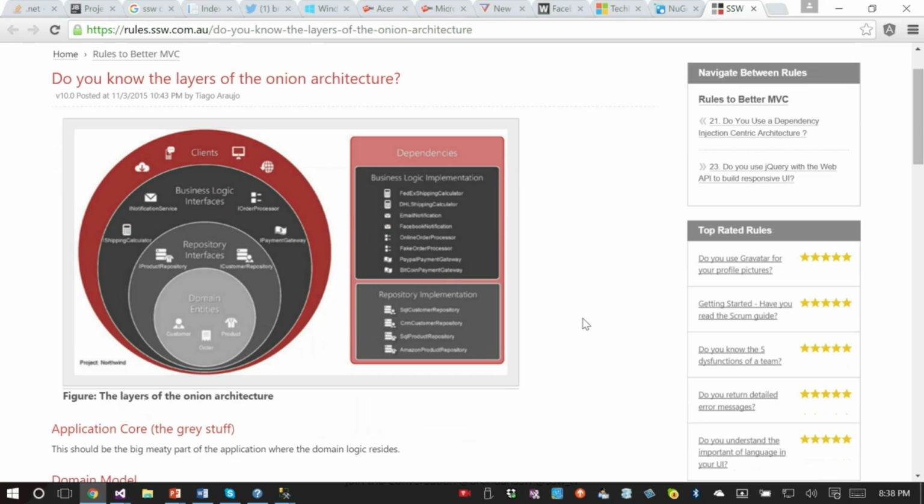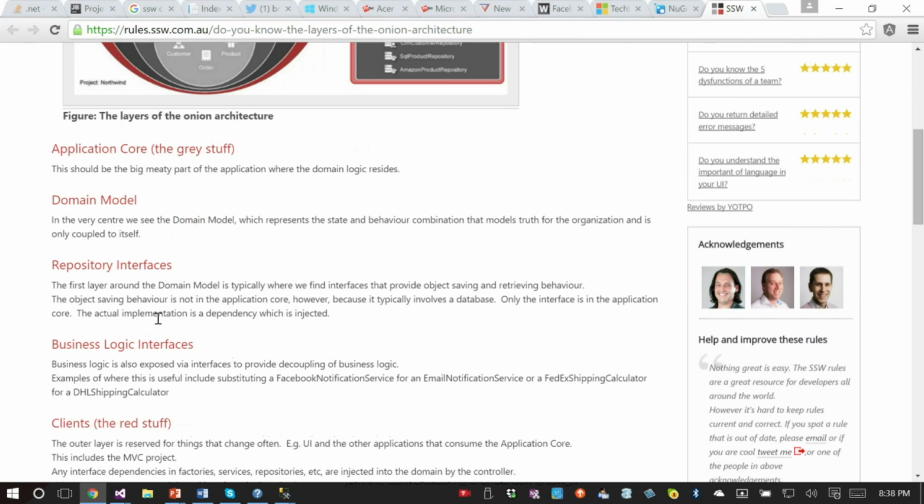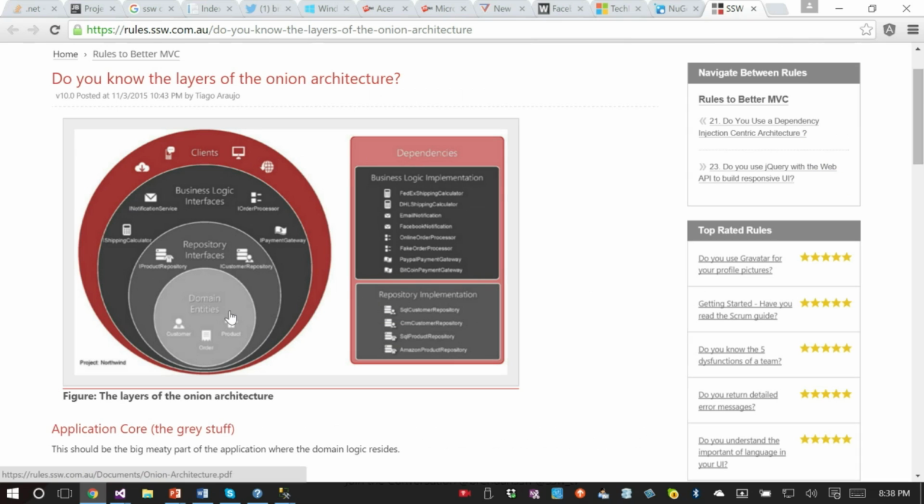It's pretty much about what it's for, and the key takeaway from onion architecture is use interfaces. Declare all the bits that interact between your code as interfaces and push the actual concrete implementations off to the side, because then those things can be changed out with a different implementation just by changing your dependency injection. And you've seen how useful that can be with changing just this one class from Entity Framework in that earlier demonstration.